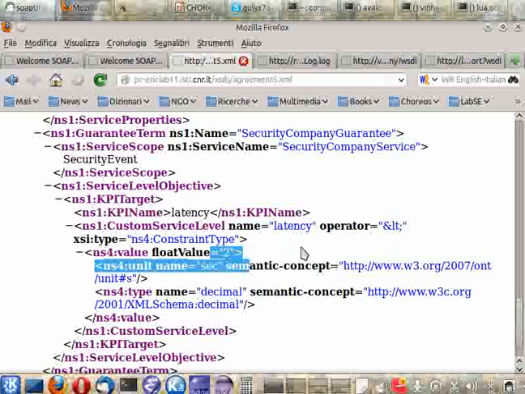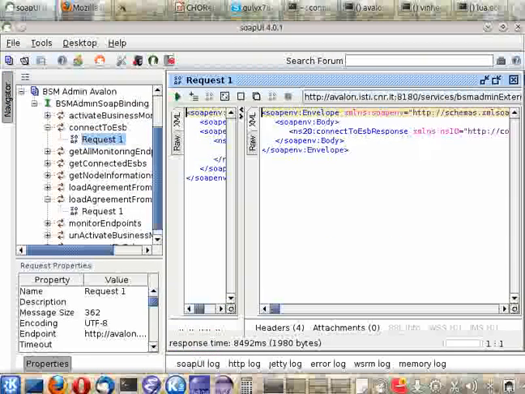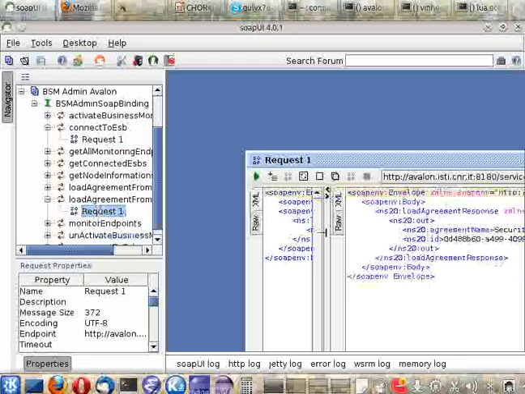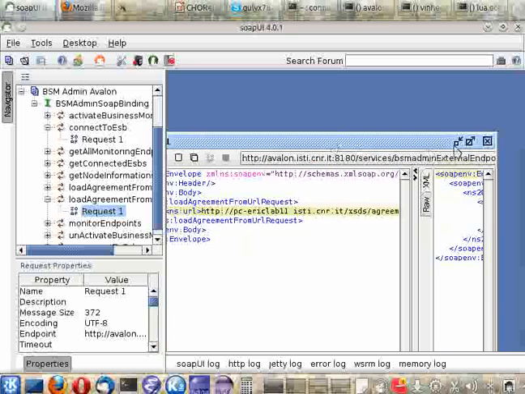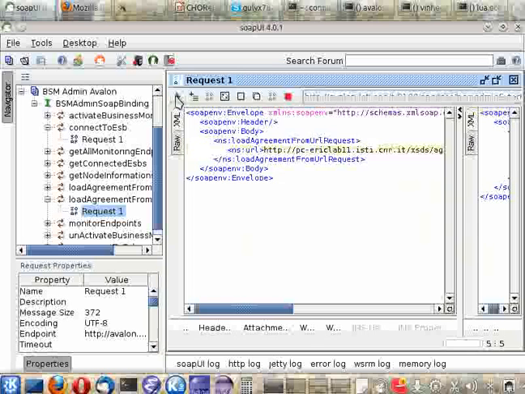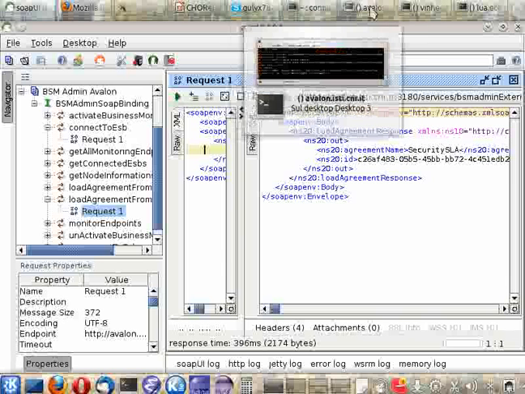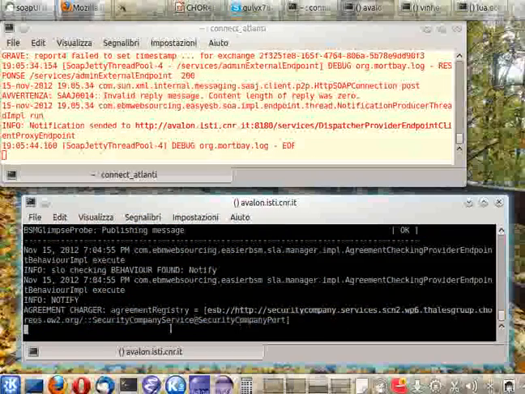So the interaction between airport and security company services is regulated by this agreement that should be respected. So let's go again to the administration panel of the BSM, and let's load the agreement. Okay, now going here into the console of the BSM, we can see that an SLA has been registered.